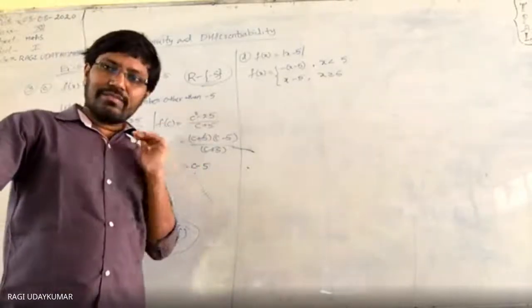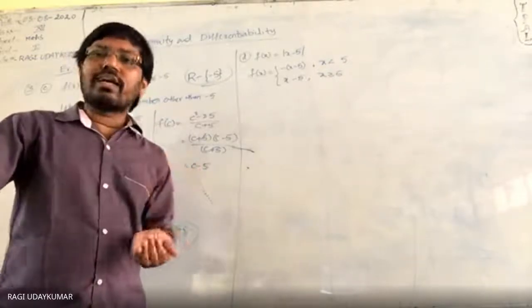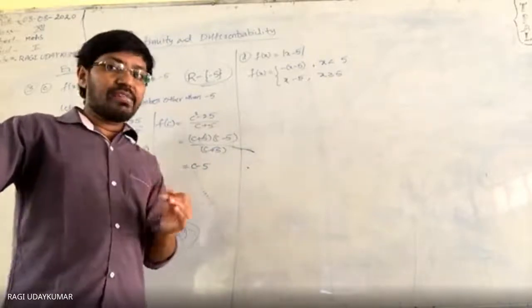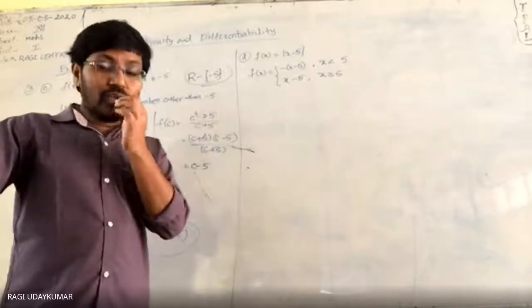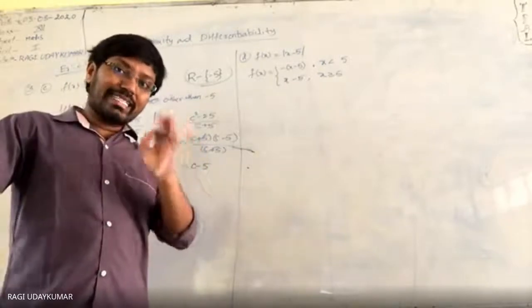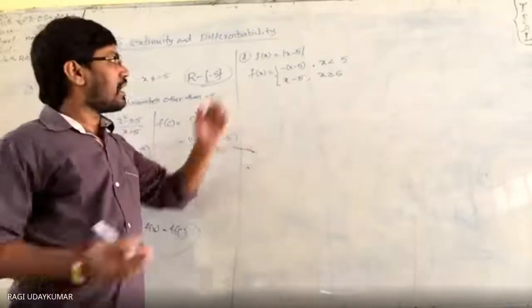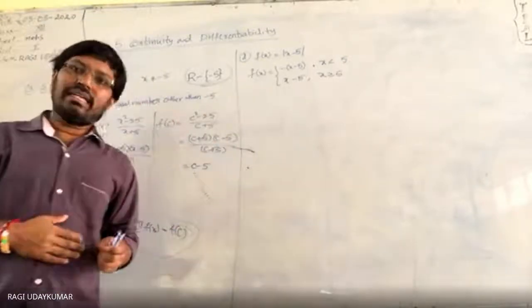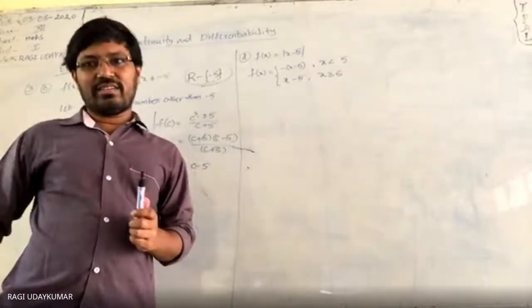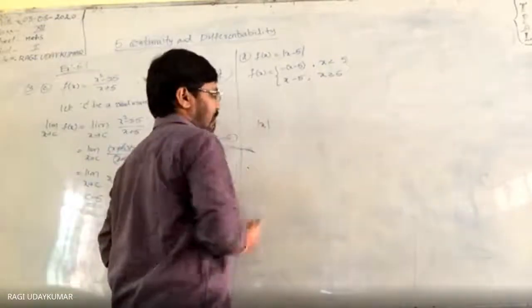Whenever you are checking the continuity, the most important point to remember is that if the given function is a split function, you need to check at what point it is splitting, the point at which it is separated. And you can draw the graph and see if it is a continuous function. Can anyone say how the graph of modulus of x looks?